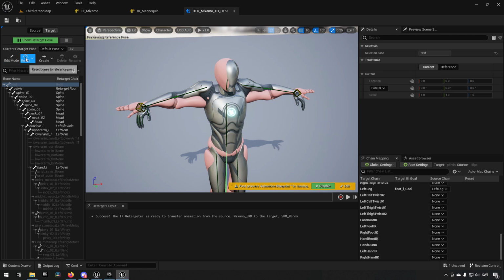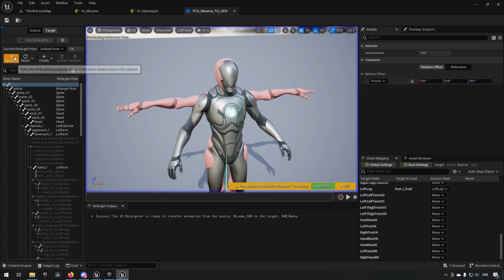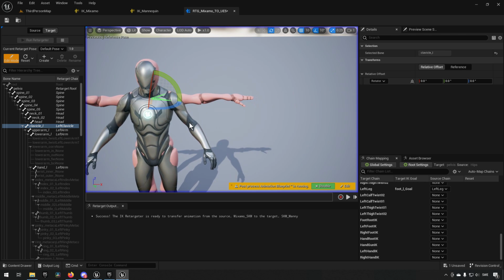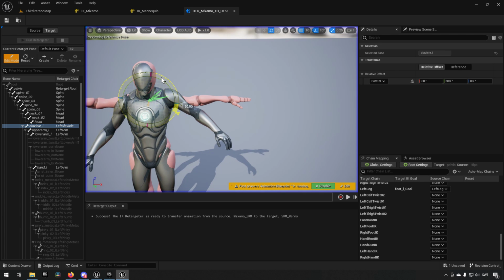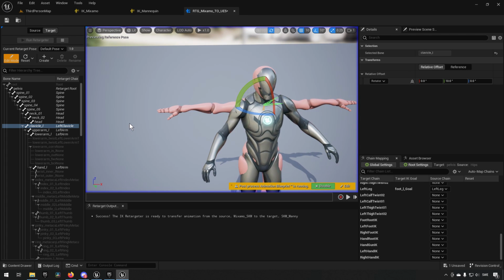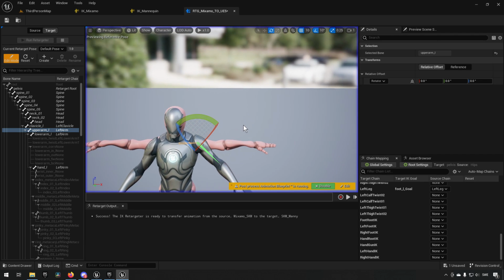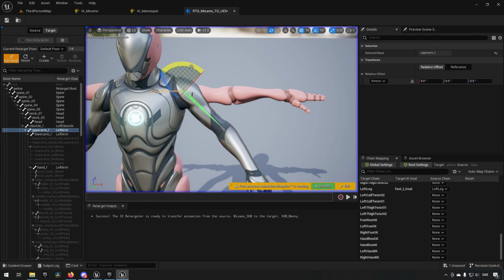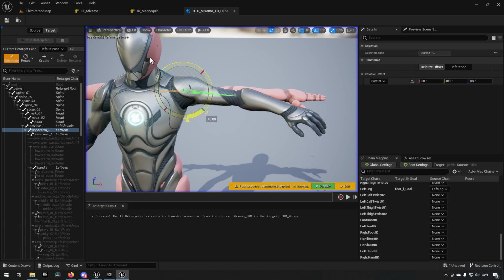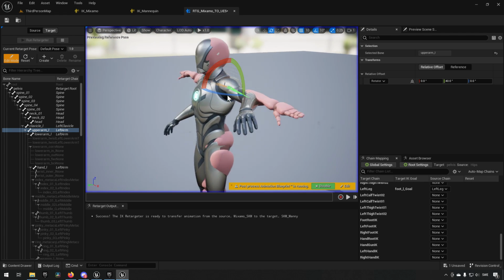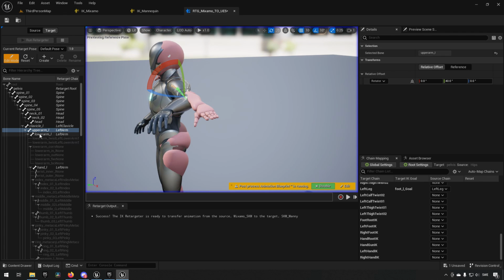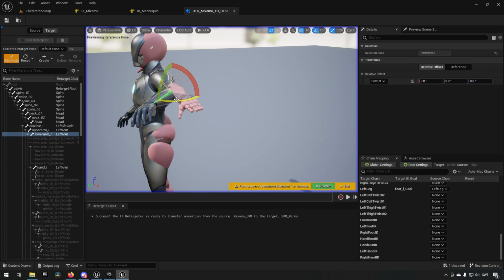But if we stop that and go into edit mode and then say we want to change the clavicle. The clavicle on the left hand side we want to move up a little bit, maybe something like that. We'll do some changes to our left arm as well. Make it rise up a little bit, maybe something like that. We want to make sure that our lower arm is also bending outwards a bit, closer to what it is on the